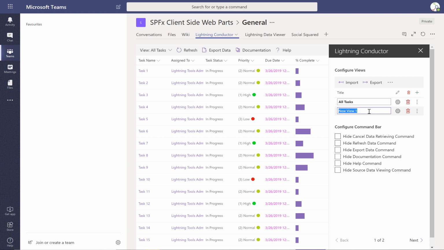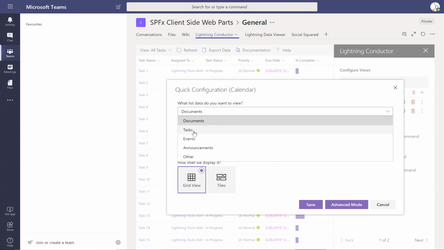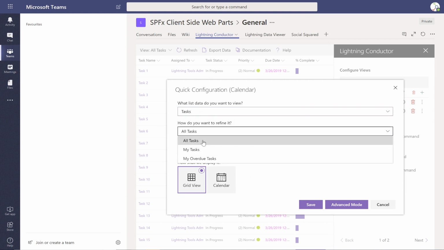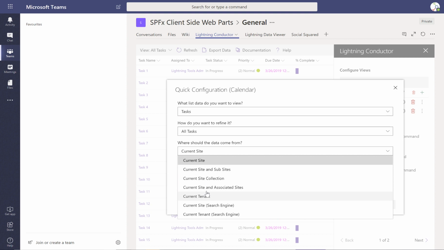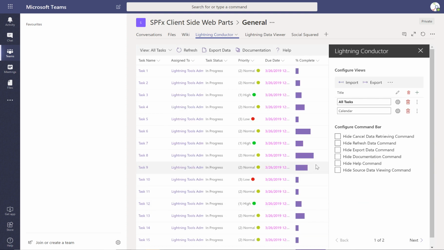So this one here, we're going to call Calendar. And we'll click onto that cog icon again, and once more I'm going to choose tasks, and we want all tasks from the current site and associated sites displayed inside a calendar. So now that we have that built, notice that we've got this drop down where I can now choose between the all tasks or the calendar view